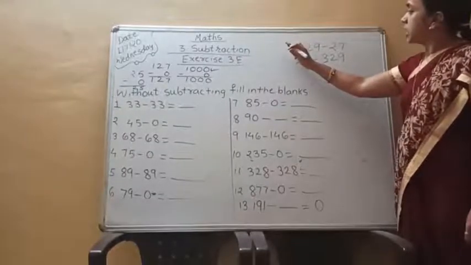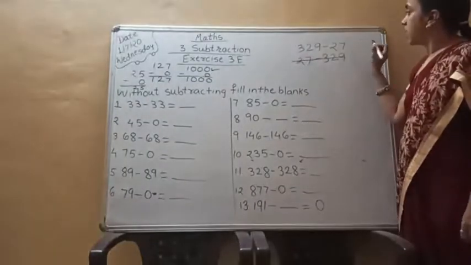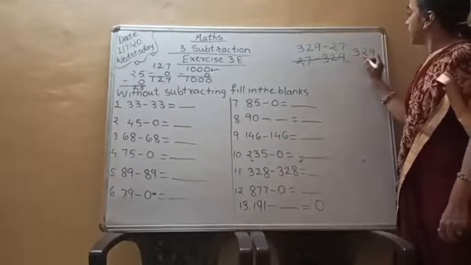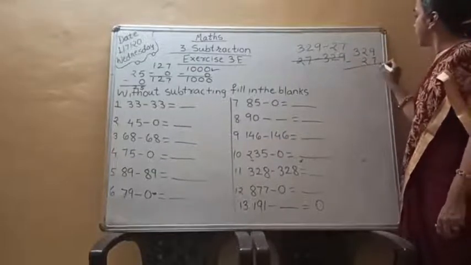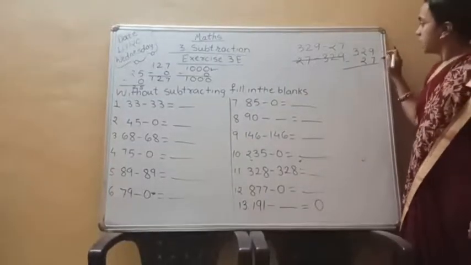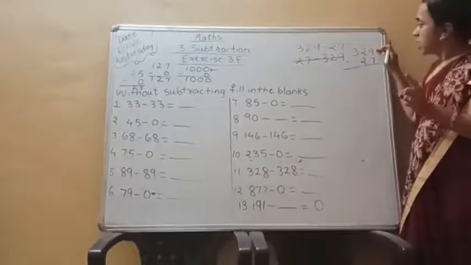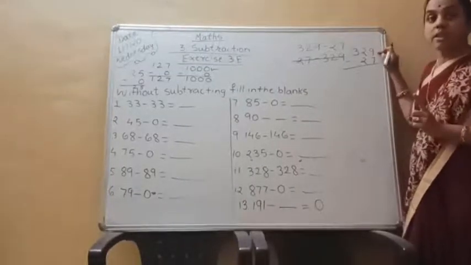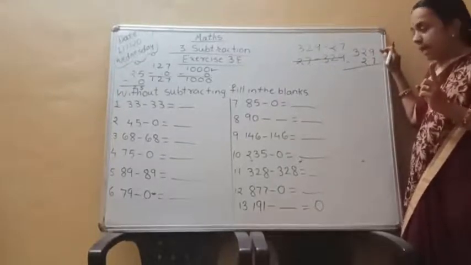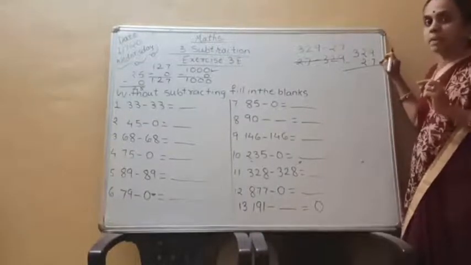What is the question? 329 minus 27. So this is wrong. What will we do? We will write 329 minus 27. In this way, we have to write down the subtraction, because we are always subtracting the smaller number from the bigger number. So we have to write the bigger number first and the smaller number below it,